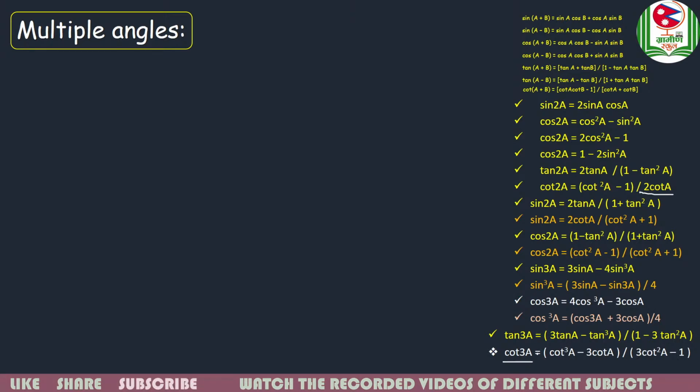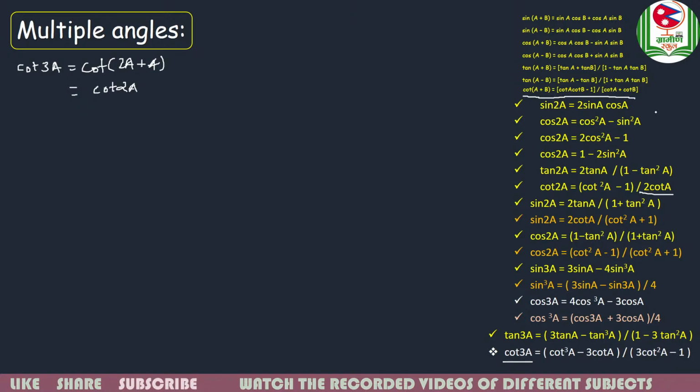So you can use any of the ways, but now I will do it with the help of cot(A plus B). That is, cot 3A can be written as cot(2A plus A), and once again we have cot(A plus B). What is the formula for cot(A plus B)? Here cot(A plus B) is equal to (cot A into cot B minus 1) divided by (cot A plus cot B). So we will write here cot 2A as,